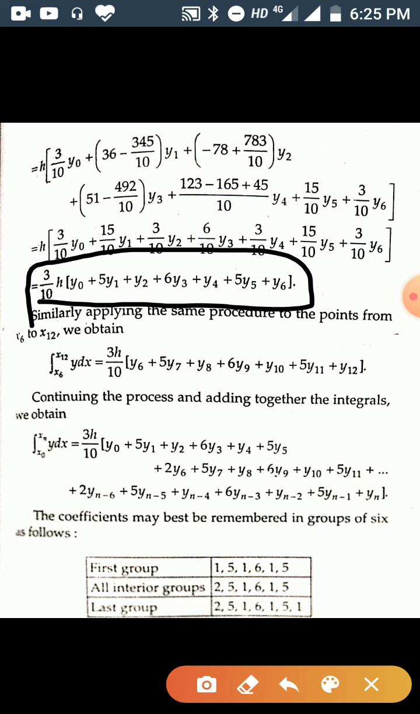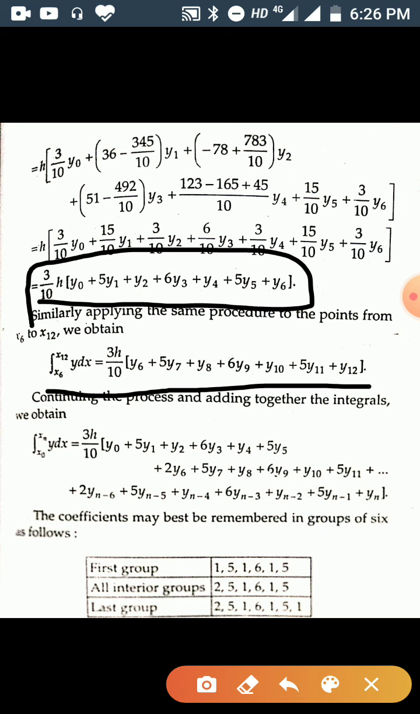Similarly, applying the same procedure to the points from x6 to x12, we obtain integration x6 to x12 y dx is 3h by 10 [y6 plus 5 y7 plus y8 plus 6 y9 plus y10 plus 5 y11 plus y12]. Continuing the process and adding together the integrals, we can obtain integration x0 to xn y dx is 3h by 10 [y0 plus 5 y1 plus y2 plus 6 y3 plus y4 plus 5 y5 plus 2 y6 plus 5